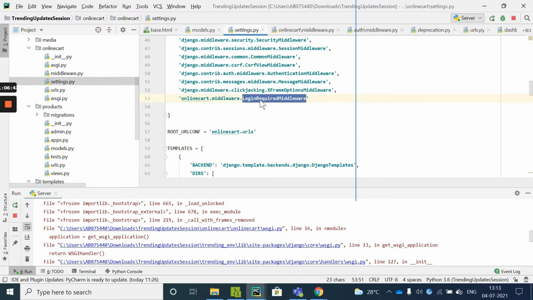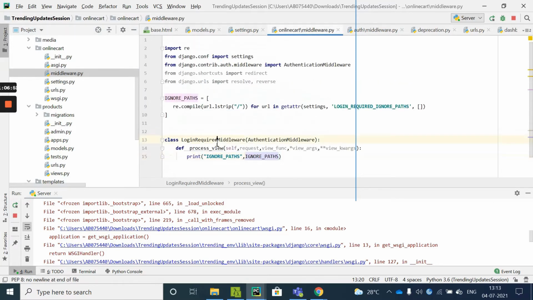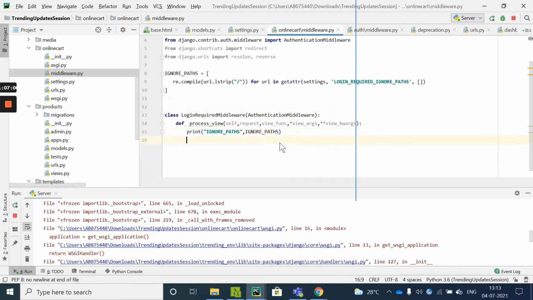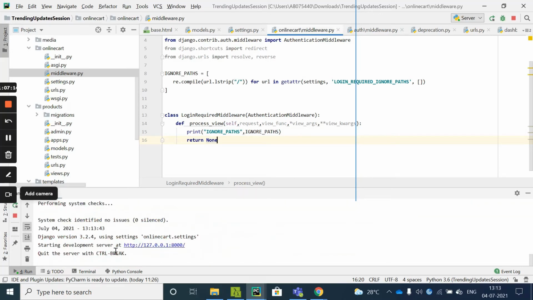That means whenever the server is started, all these middlewares are loaded. We have added one more middleware, that is login required middleware. I'll just return None. If I'm returning None, that means there is no problem in it. Now my server is running fine. That means I don't have any problem till here.